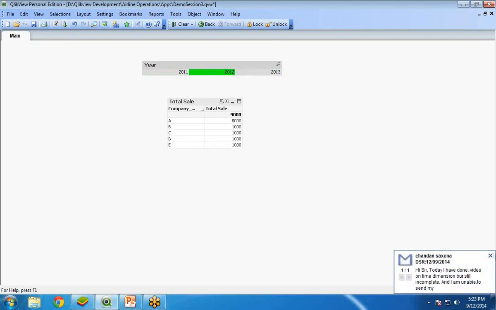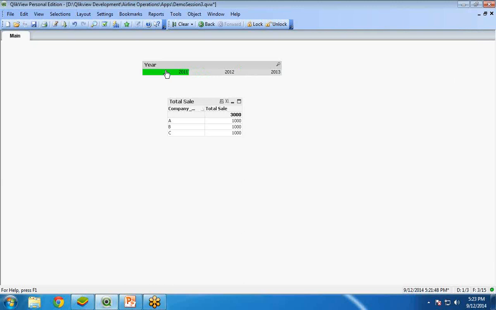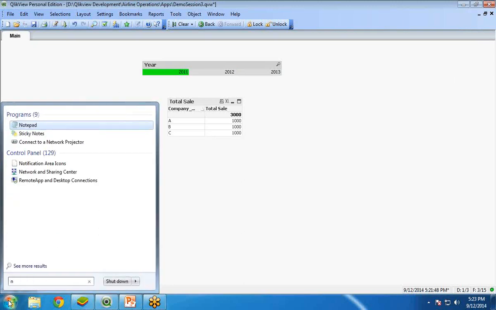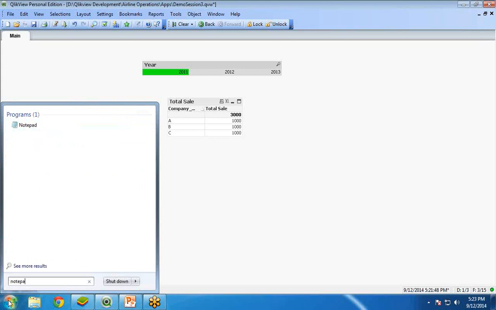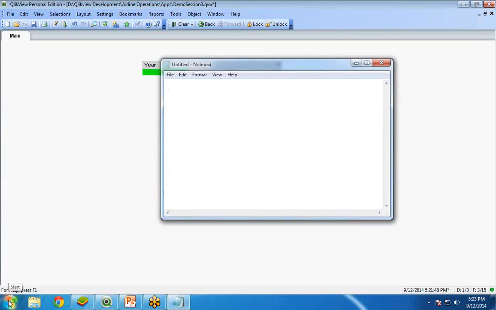Now I want to perform the set analysis on this particular data, but before performing the set analysis, I'm going to tell you about the syntax of a set analysis and about the identifiers of set analysis. So the syntax for a set analysis is, for example, we start with sum, and the set analysis always starts within curly brackets